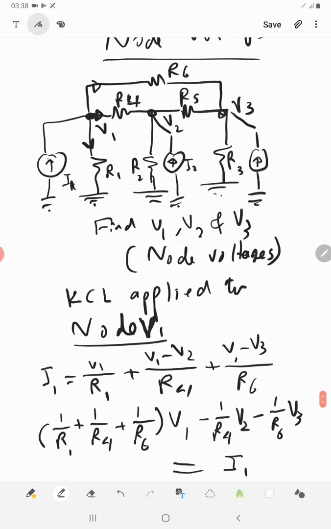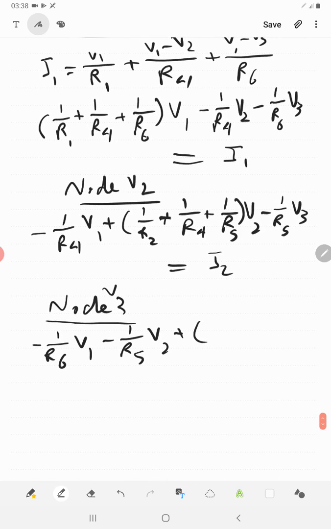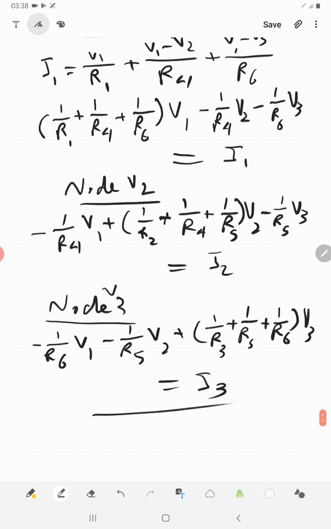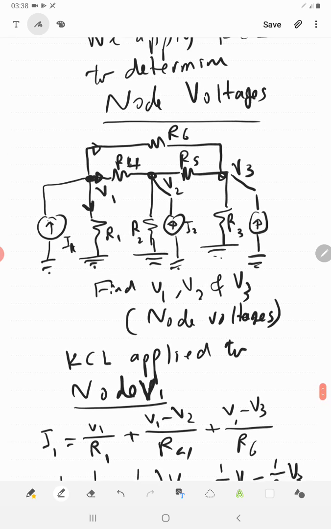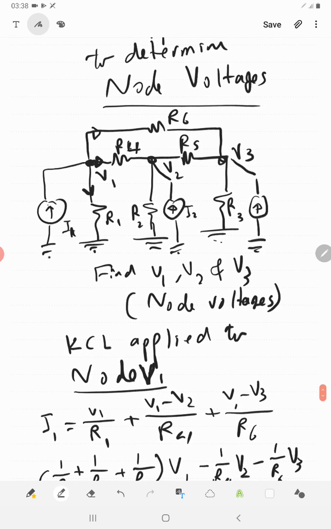What we have are R3, R5, and R6: 1 over R3 plus 1 over R5 plus 1 over R6 times V3. And this is equal to I3. Okay? So these are the basic steps we apply